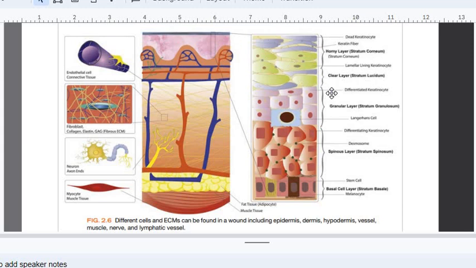Lucidum is only present in the palms and soles, and provides the thick structure to the palms and soles. Granulosum is where the granules are present. Spinosum is where the cells are spine shaped. And basale has basal cells, and underlying the basale there are melanocytes which provide color to our epidermis. So this is our basic structure of the epidermis, and after the epidermis, the dermis